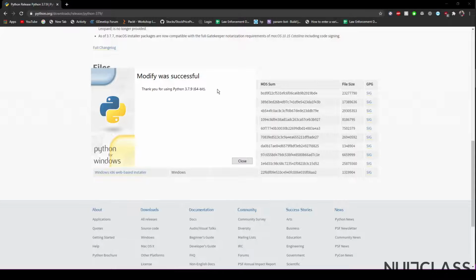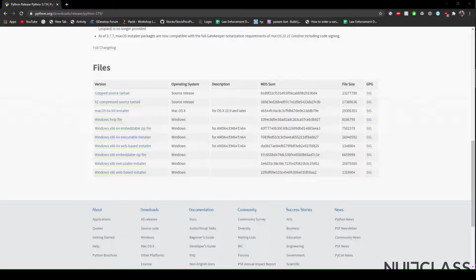Also make sure that when this thank you window appears in your system, kindly tick the option of add to path, which generally appears either here or in the bottom left corner, because that will be very essential to install the required libraries in Python. So just click on close, and this is closed.